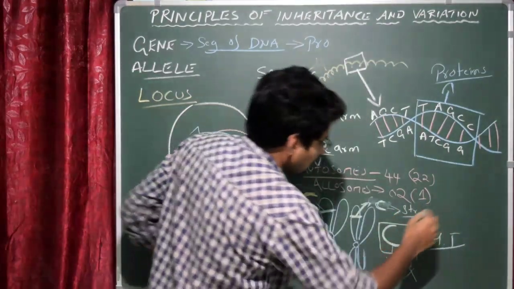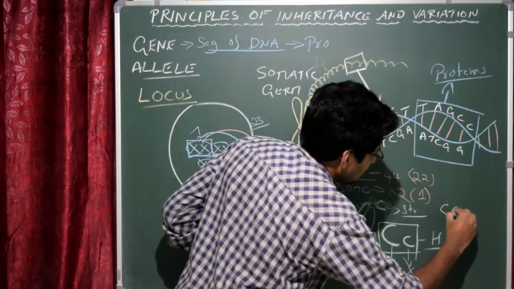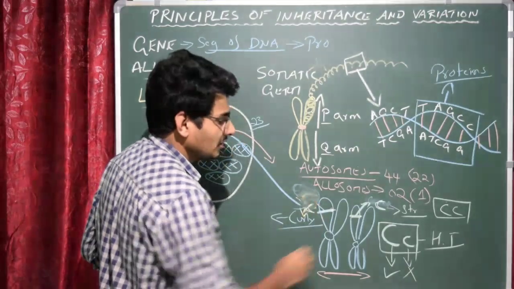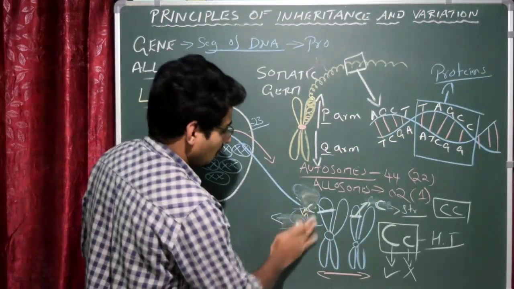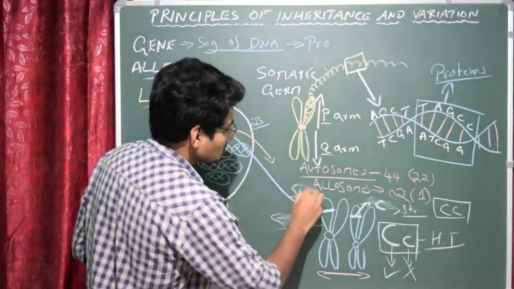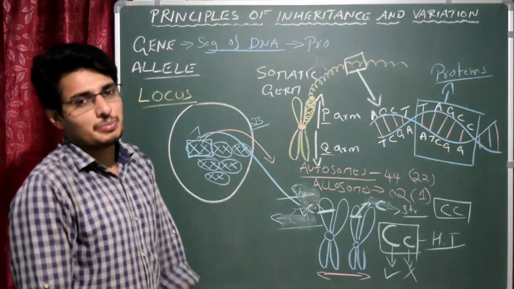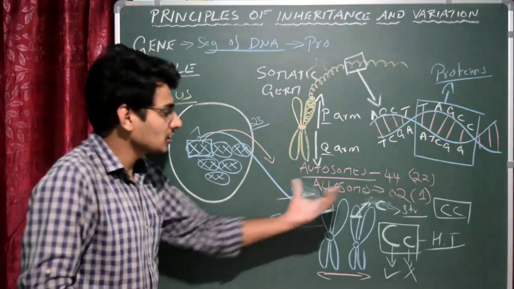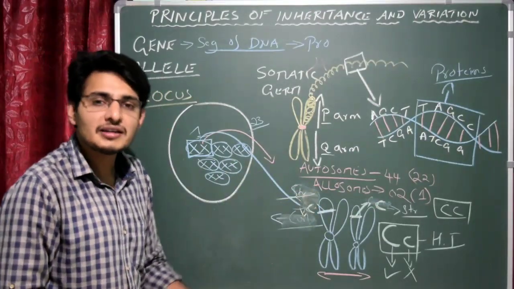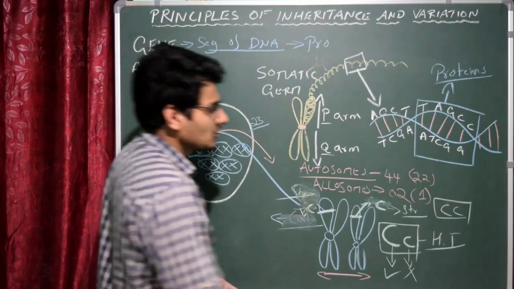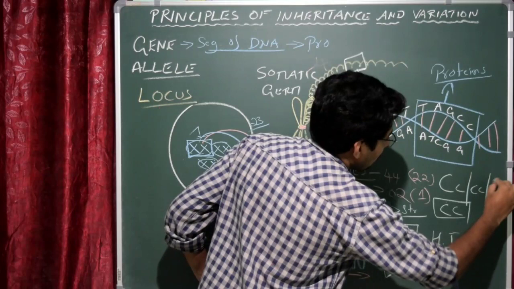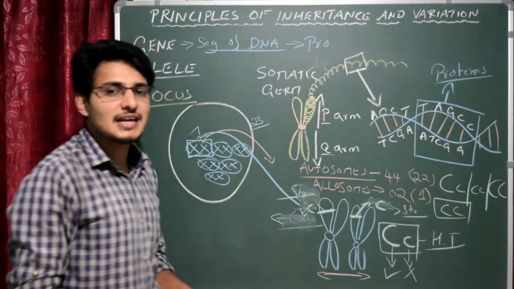Even, for example, the forms will differ. It could be like this: both are small letter c. The person having this type of alleles is obviously going to have straight hair, because both are recessive, not as strong as capital letter C. Both are small letter c, that is also an allele. Two c's are there. So the gene can express in this way also, or this way also. That is allele.